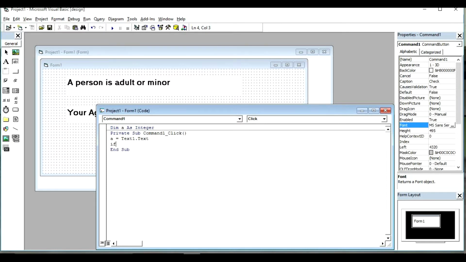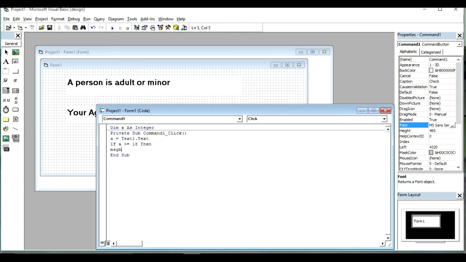So if a is less than or equal to 17, or we can change it like this: if a is greater than or equal to 18, then